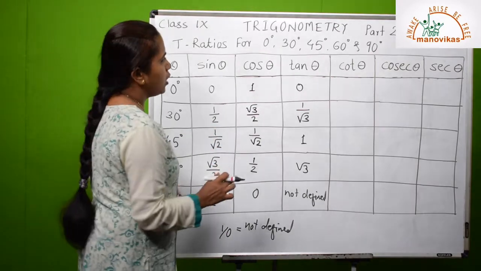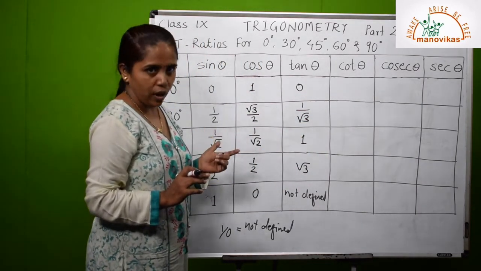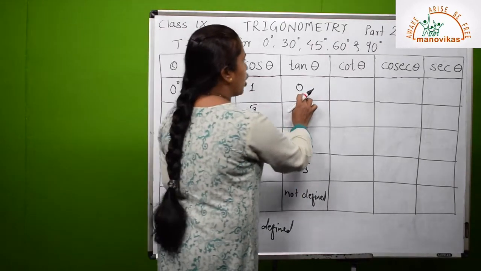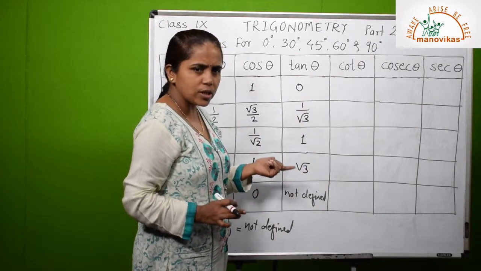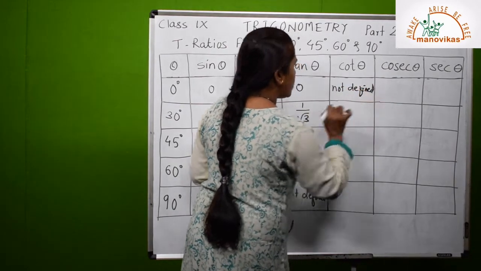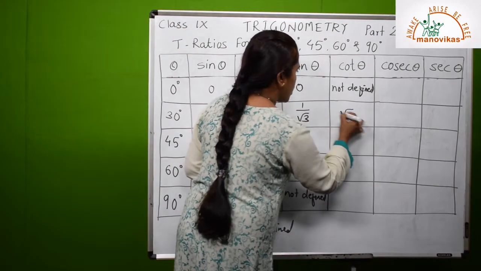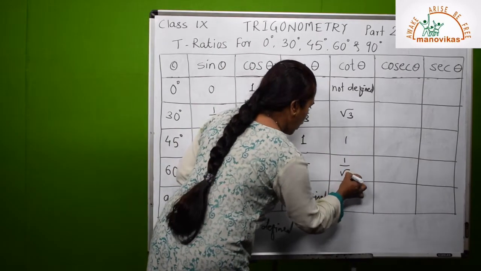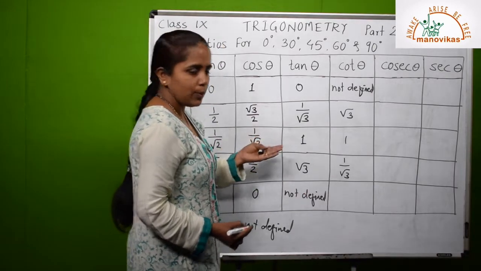Now next, cot. Already you know that cot is the reciprocal of tan theta. So again take the reciprocal of the previous column. So the reciprocal of 0 is nothing but again 1 upon 0. 1 upon 0 is again not defined. So the cot 0 value is not defined. Again, the reciprocal of 1 upon root 3 is root 3. Reciprocal of 1 is 1. Reciprocal of root 3 is 1 upon root 3, and not defined, meaning 1 upon 0, its reciprocal will be 0 upon 1,